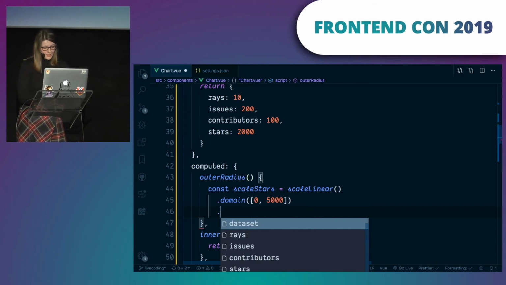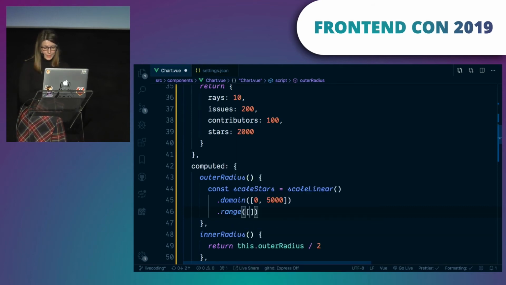And now we need to define a range. Range here is going to be a range to change the radius of our star. Let's start from 10 pixels. So if it's 0 stars, it's still going to be a 10 pixel star. And let's end with, again, 250. And let's return